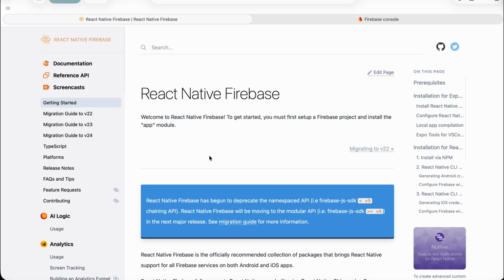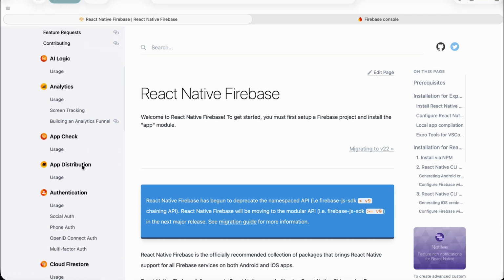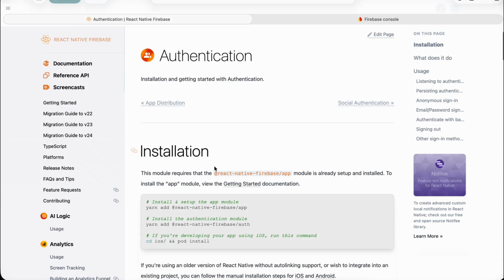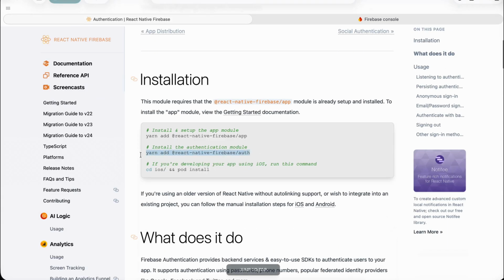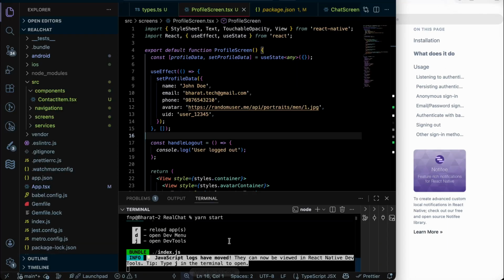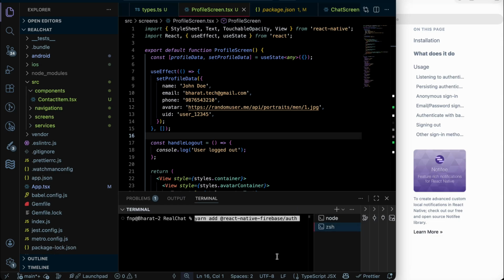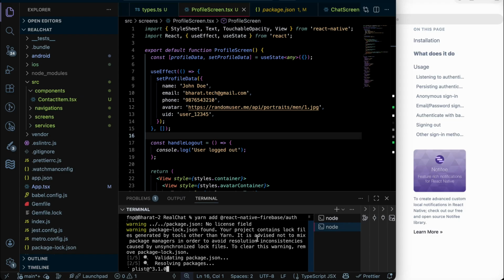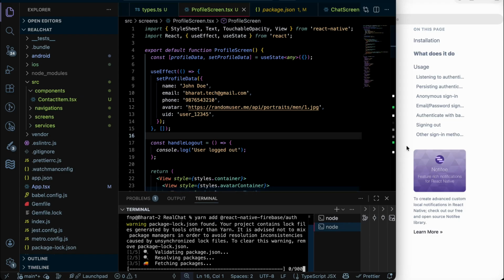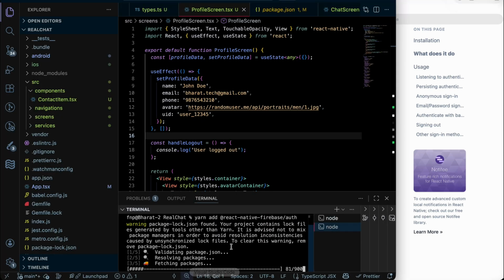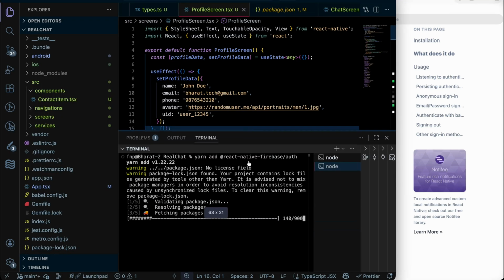For that, we have already seen this documentation. Now go to this usage of authentication. Let's install this library in VS Code. Okay, paste this. Okay, this package is being installed. Meanwhile, we can see, yeah, we have to install the pod as well. Go back to here, open this one, and